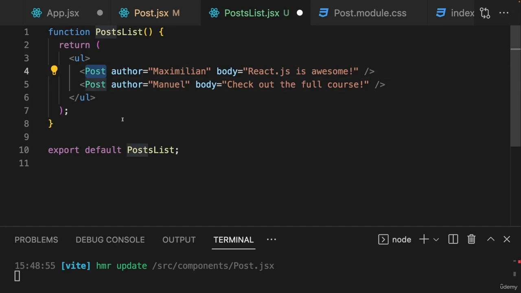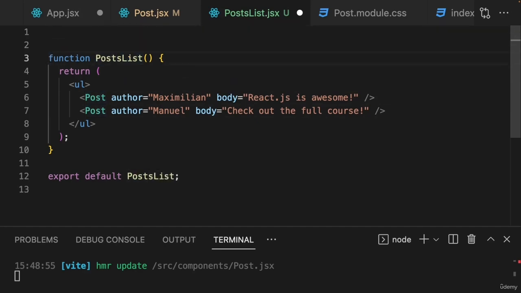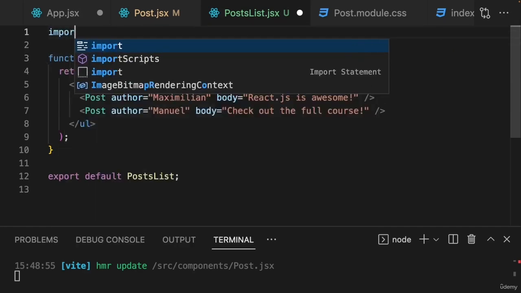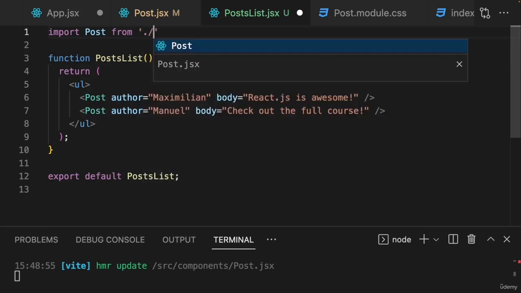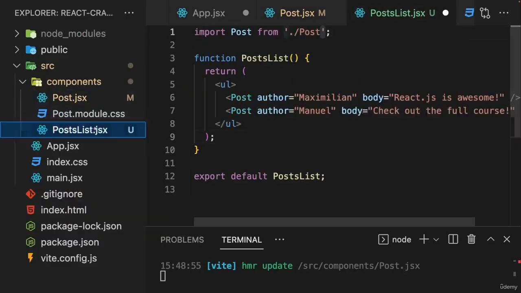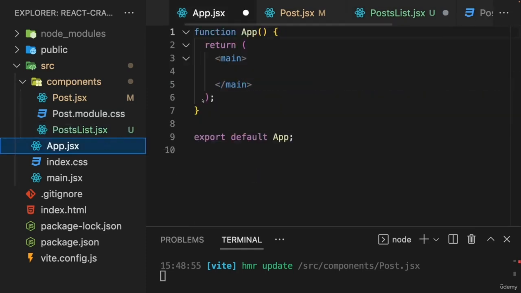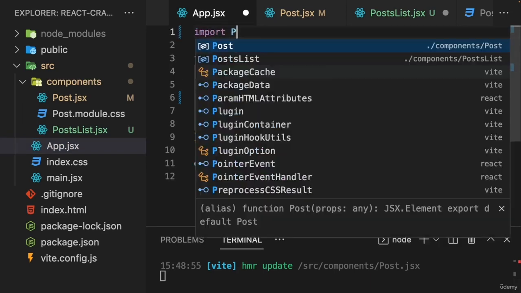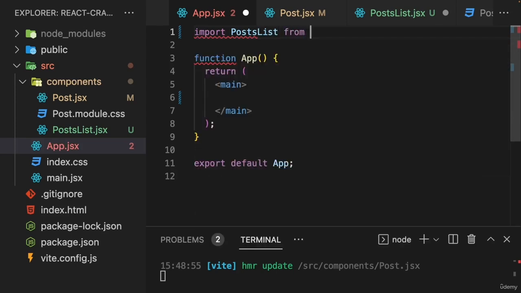Now, in order to use the Post component in this file, though, we have to import it. So we have to import Post from ./Post, the relative path to this Post component file seen from the PostsList component file. With that, we have this separate list component here, but now we have to output this list component in the App component. And doing that is rather simple as well. First, we have to import it. So import PostsList from